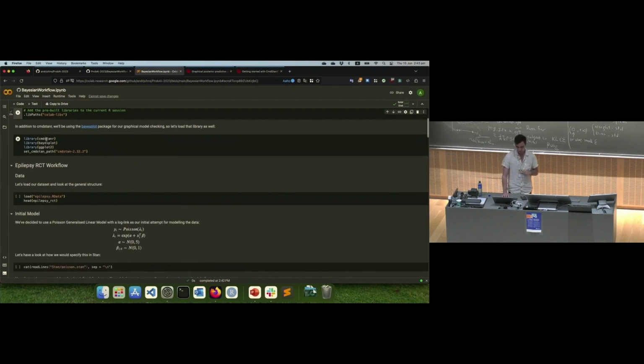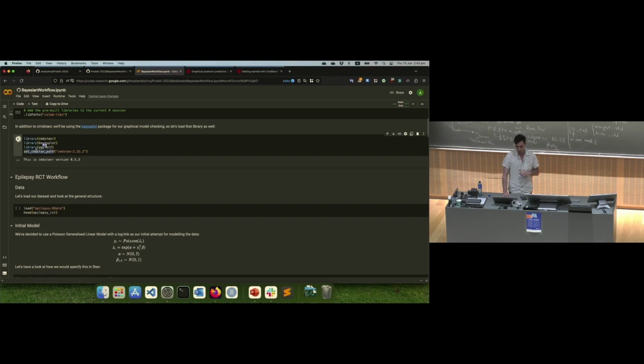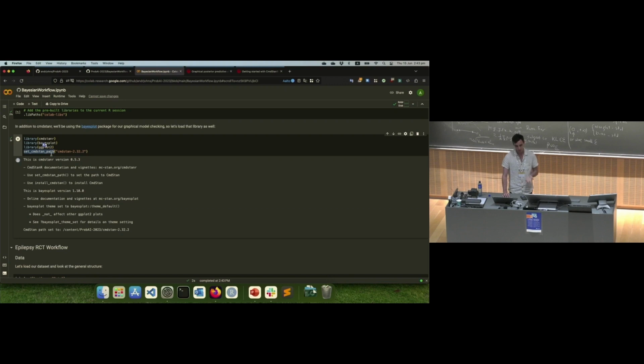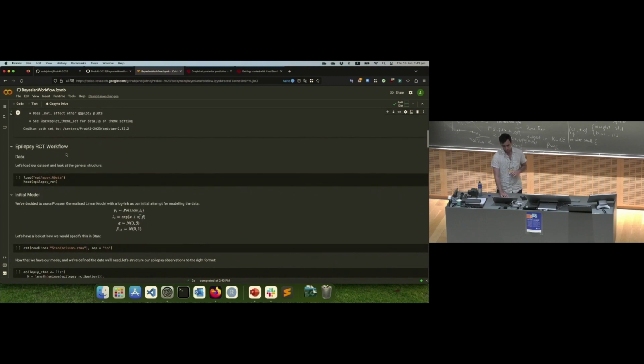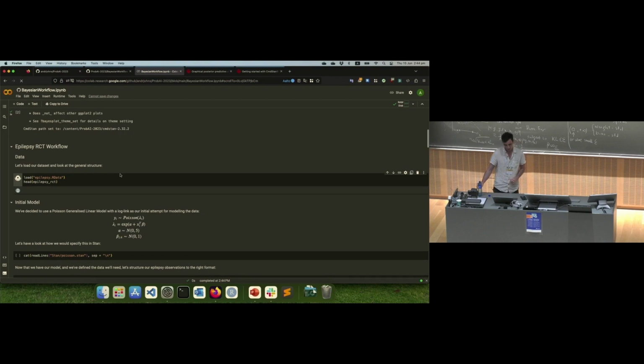All right, so now we load our R packages, and we tell our R packages that we're going to be using the CmdStan that was pre-built and downloaded. All right, so now we're ready to start modelling. Let's have a look at the data that has been collected and the data that we'll be using. So if we load our data set and have a look,